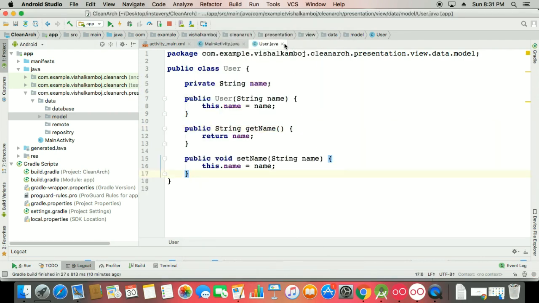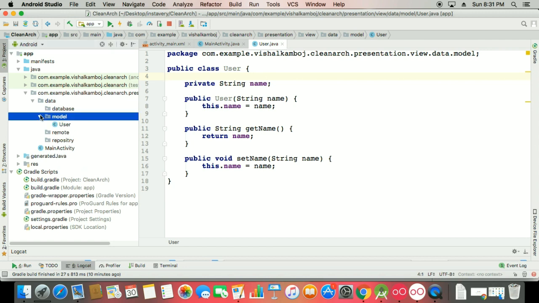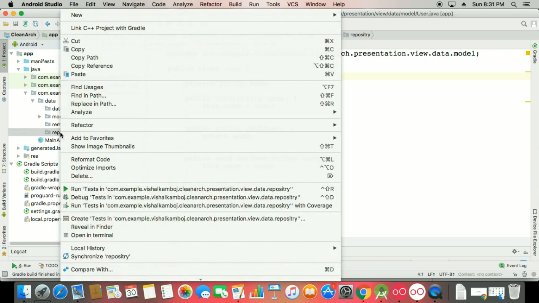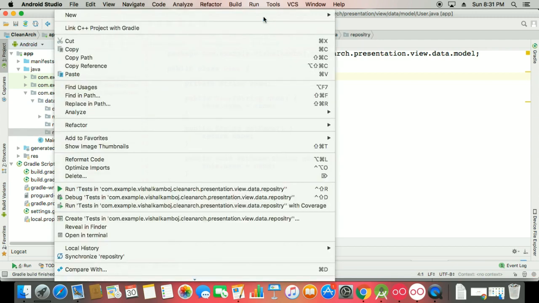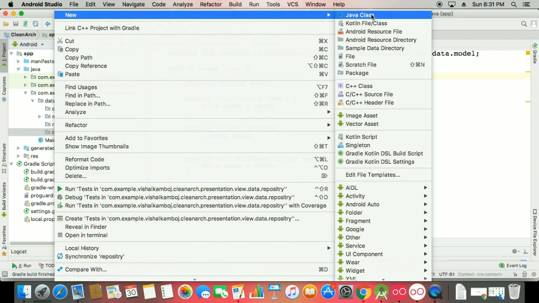So you can make all your models here, but the interesting thing is that when we create a domain layer, we have to make interfaces for the particular repository that accesses this model. In the future I will show you; for now just work with a simple user. That's the model and the repository. In future we should use things like Room and Dagger also.